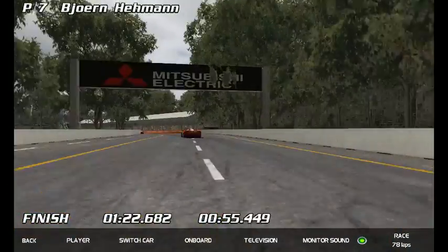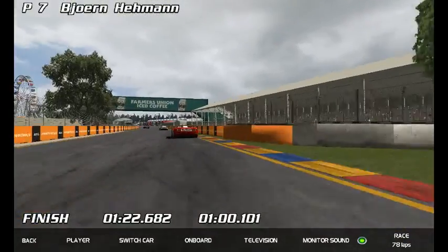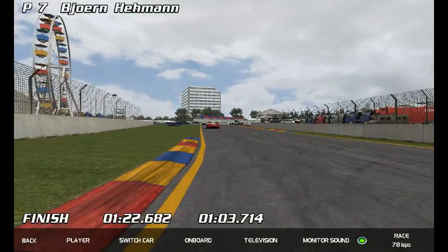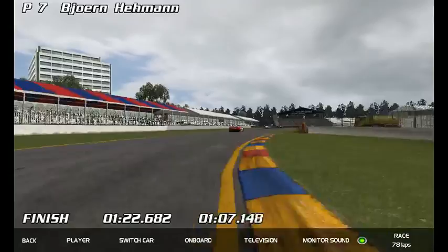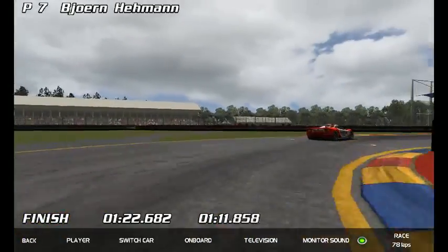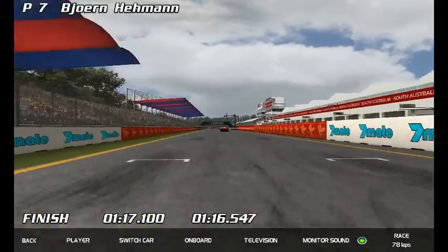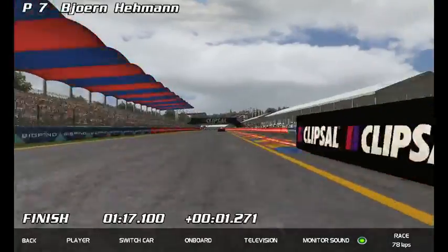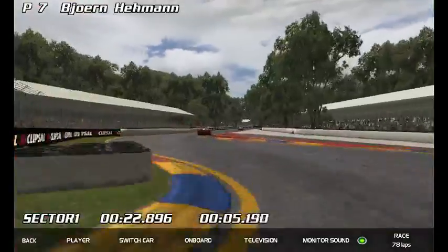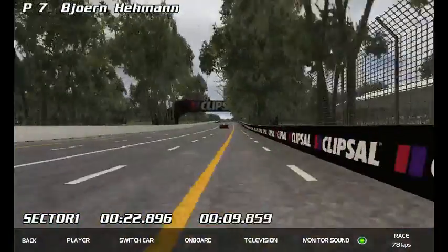Hey, Jack, I've got a little trivia for you here. In the GT2 car pack, we have a Sunred 21 GT3 car. Can you tell me who the manufacturer of that car is? I can't. I know it's a Spanish car, though. Is it? Well, I thought that Hyundai was the manufacturer of that car. I'm pretty sure it's a Spanish car. It might not be a Spanish car. It may be just owned by a Spanish team. I'm sure one of our viewers would know, but hey, I don't have a chat board up, so...